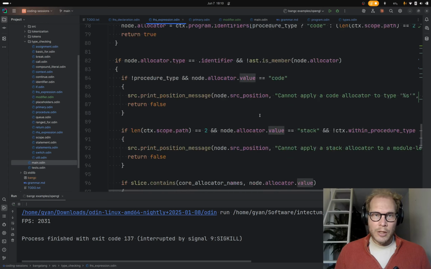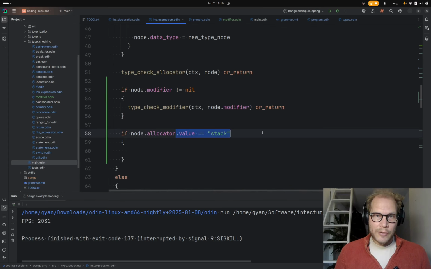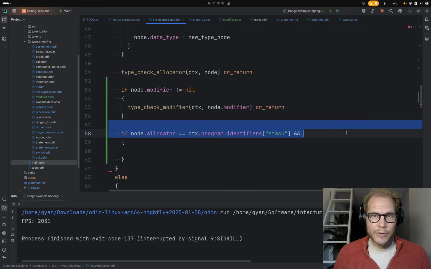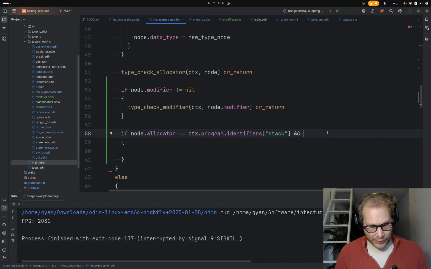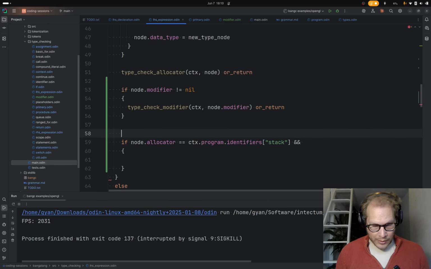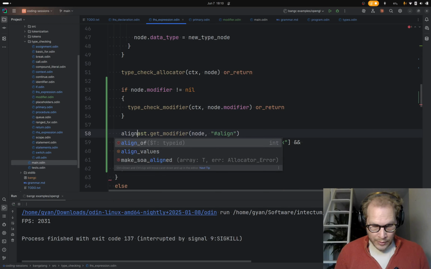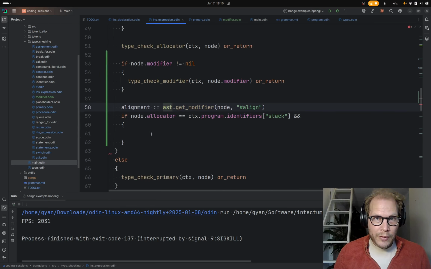Yeah, here we go. So if the allocator equals the built-in stack allocator, and we have the modifier, if get modifier align, alignment.